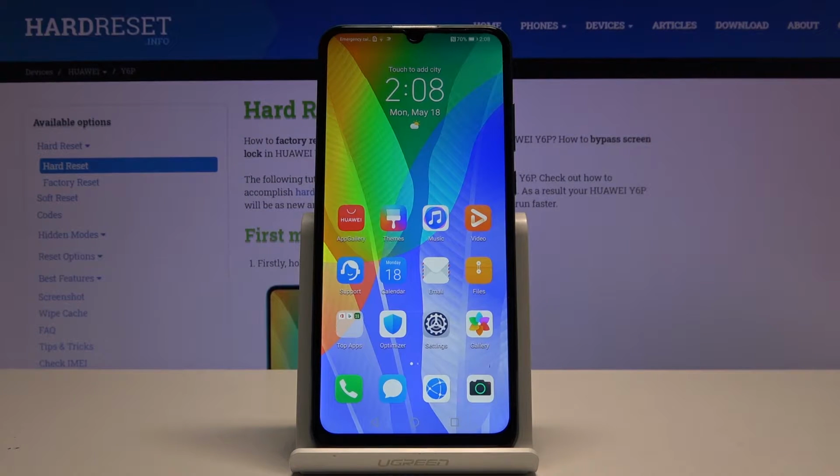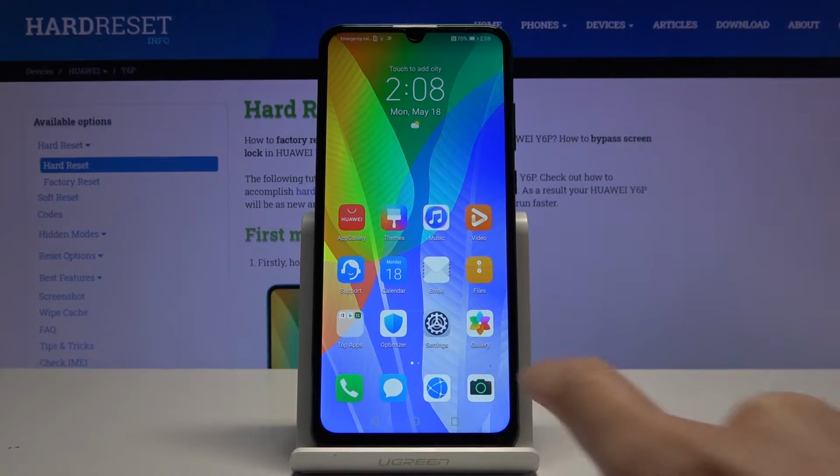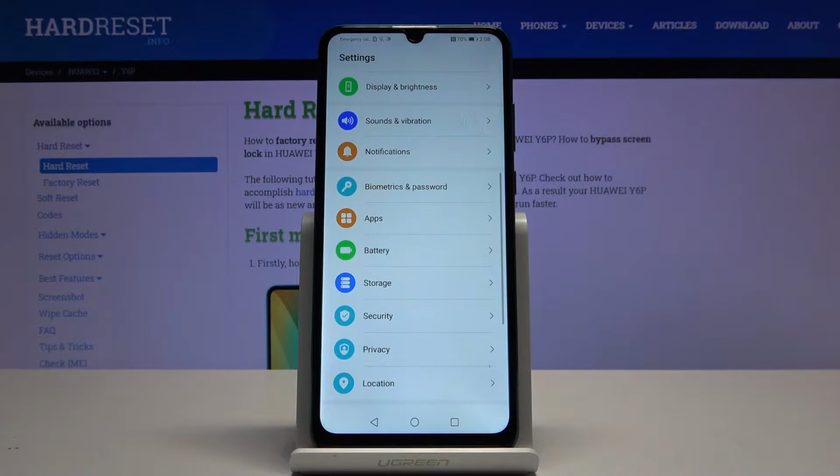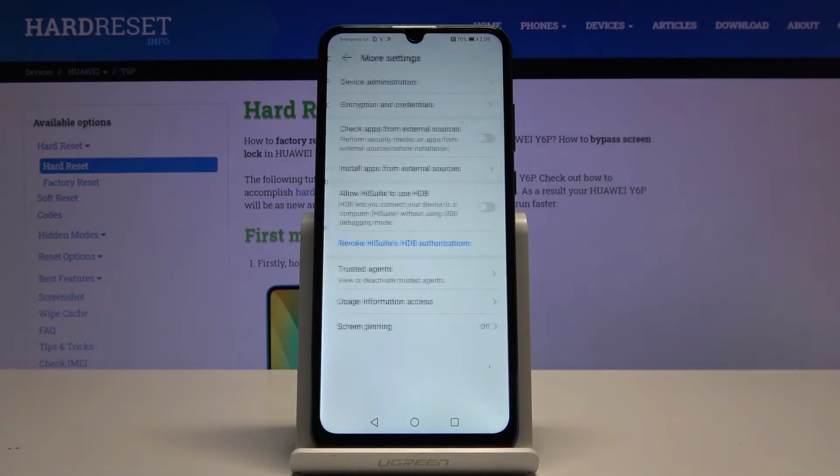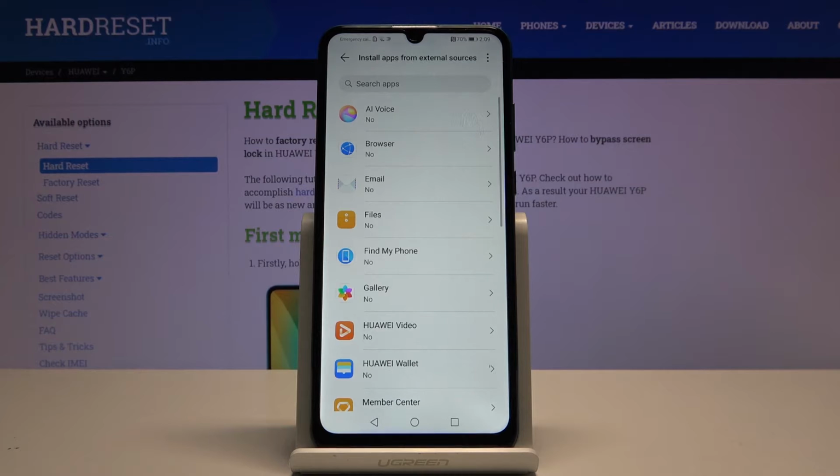Here I've got HUAWEI Y6P, and let me show you how to activate installation of apps from unknown sources on the following device. So at first let's open the settings, then find and select security, and here click on more settings. Then click on install apps from external sources,